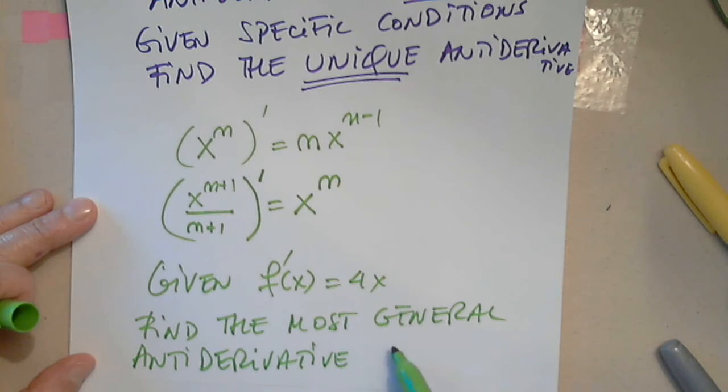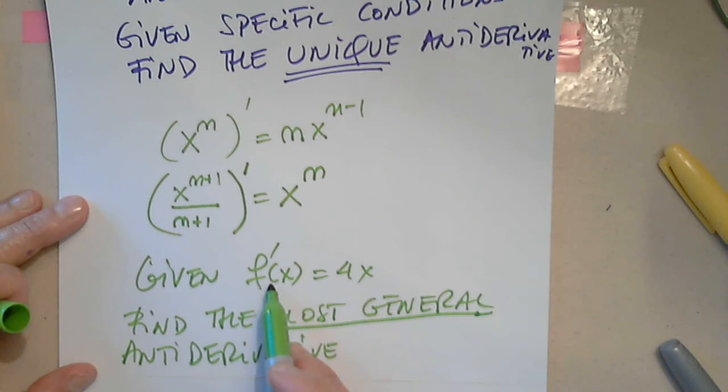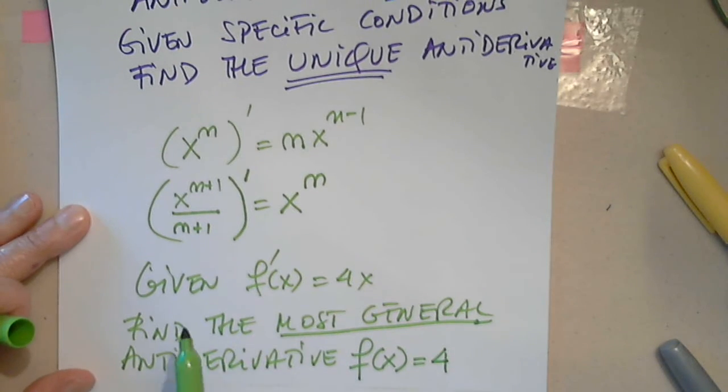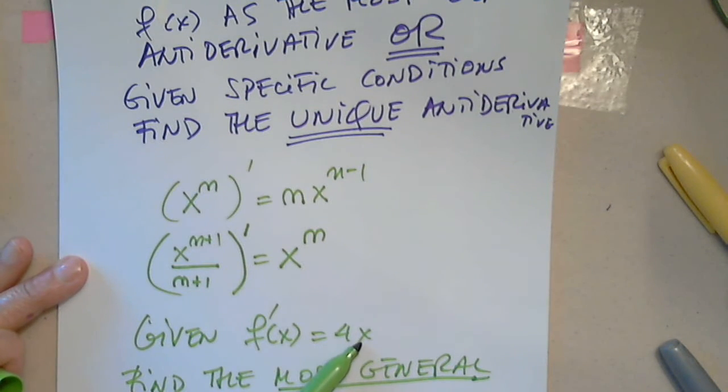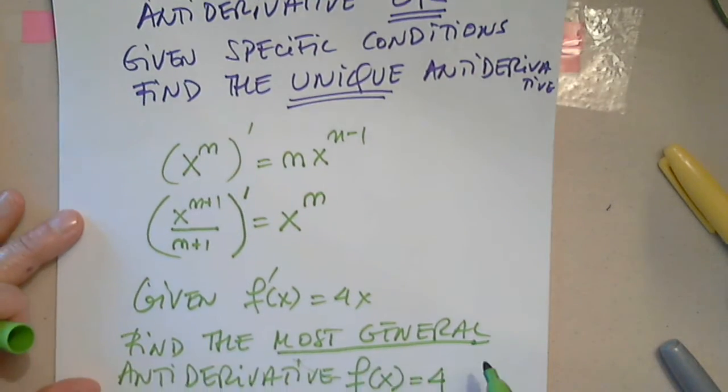Of 4x. What does this mean, the most general? There are infinitely many functions whose derivative is that. And we're going to write something that works for any real number. So because I'm given f prime, I have to use the notation f of x. I keep 4 unchanged, but I'm going backwards with x to the first power, which means x to the second power over 2